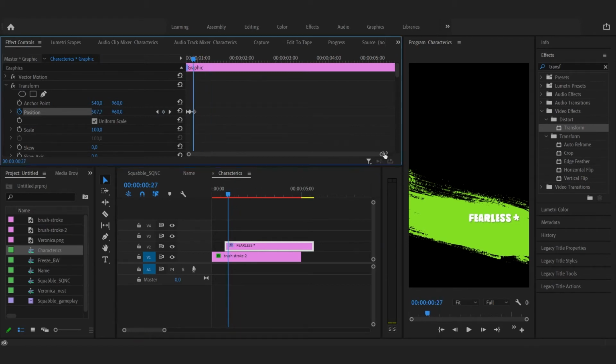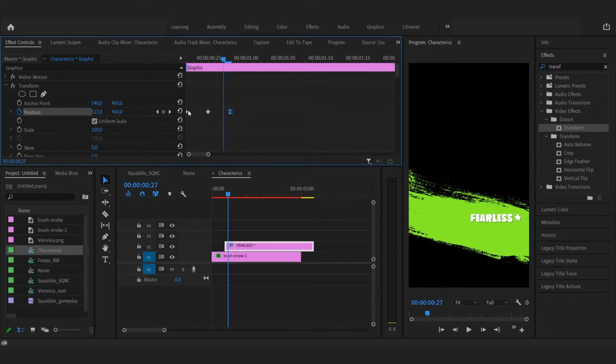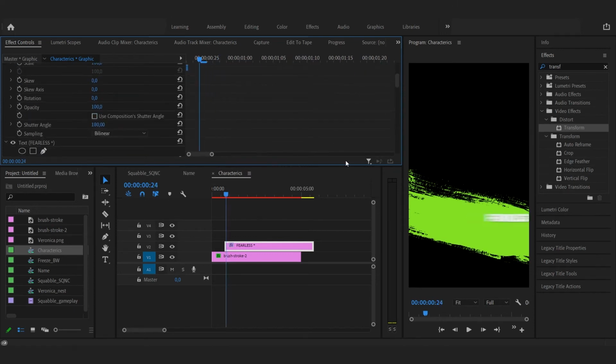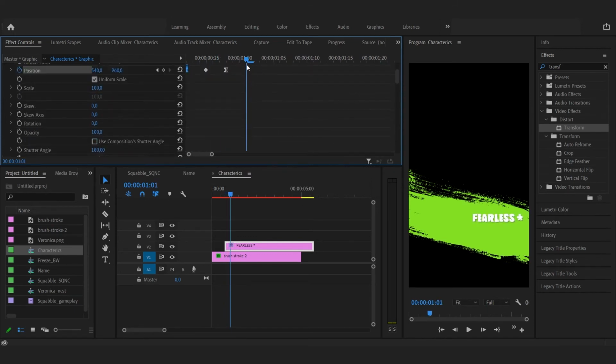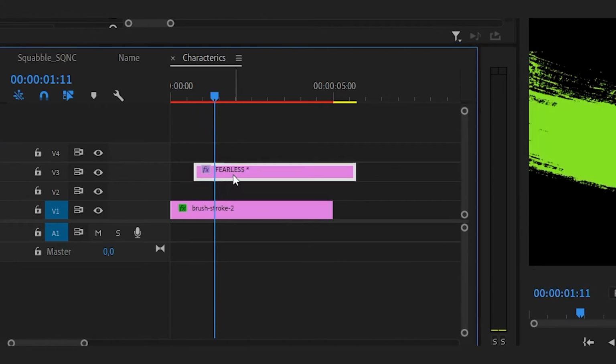Now, as we already did before, change the interpolation for the keyframes and enable motion blur. Then make room for another text and duplicate this text layer to the track down below.